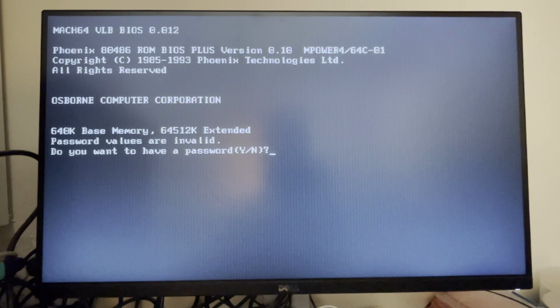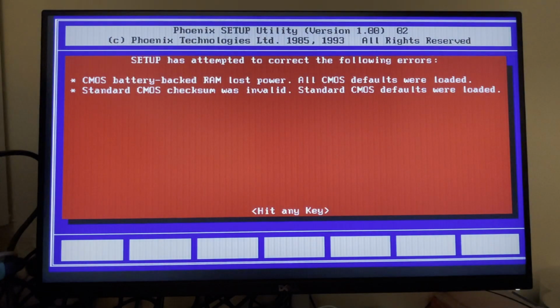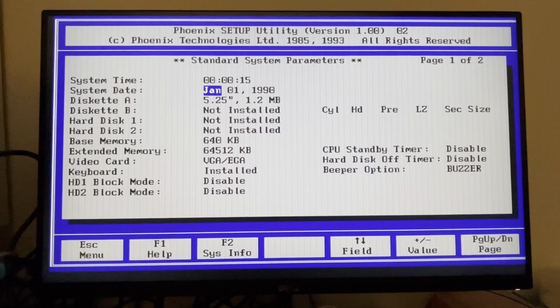Password values are invalid. Do you want to have a password? No, I don't. So the battery is probably flat. All right, let's try the setup utility. Oh, it's a bit different. Okay, well, I don't know if it's going to boot without the options, but